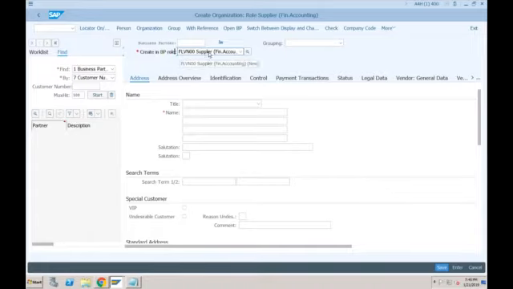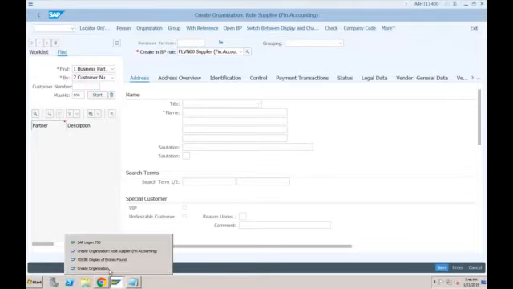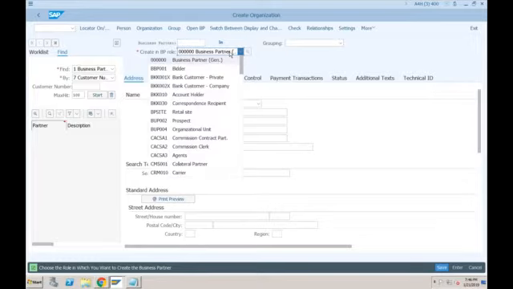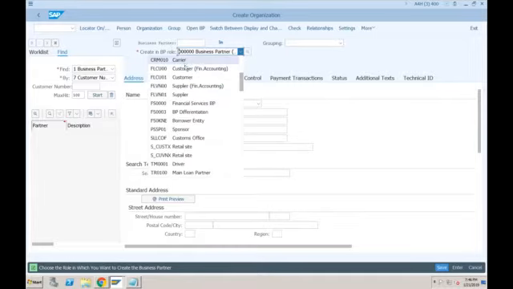Okay, so this is coming automatically. We have not specified this, right? How is it coming? It is coming because we used transaction FK01, and the system already knows, since we are coming from FK01, that we want to create a vendor. While if you directly go to transaction BP, the system doesn't know what you want to create. That is the reason you have to specify here that you are creating this business partner as a vendor. So you have to select it from the list of business partner roles which are available.